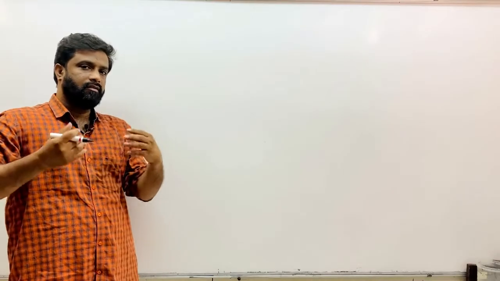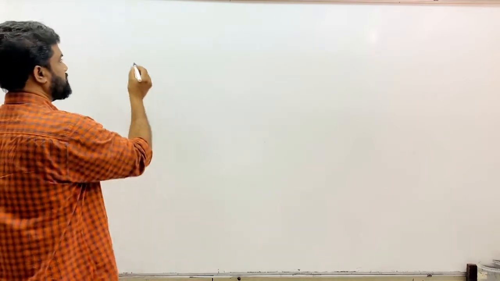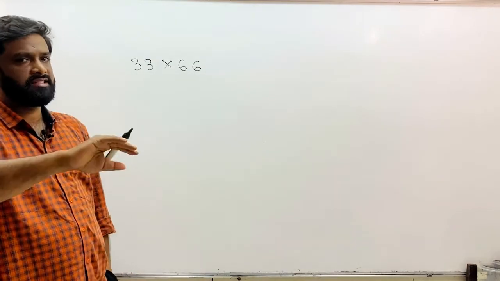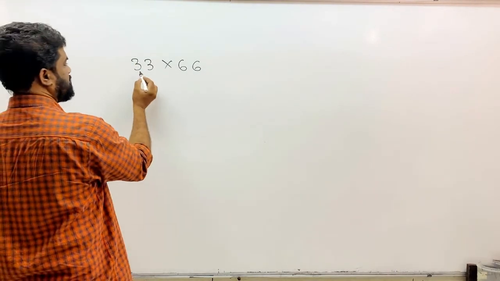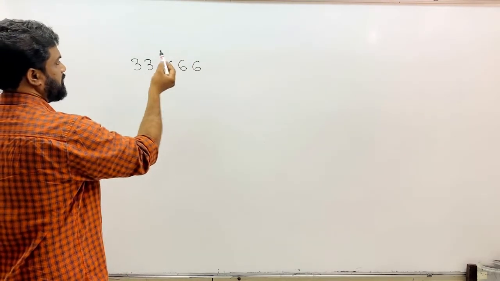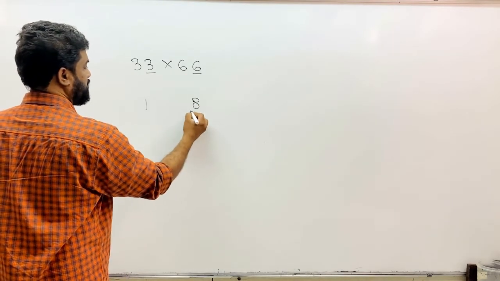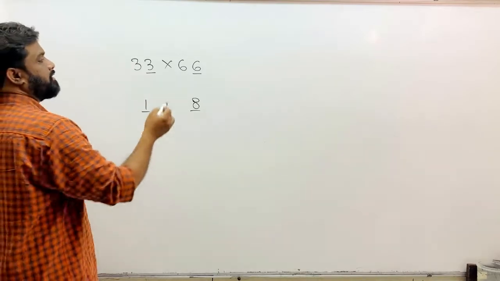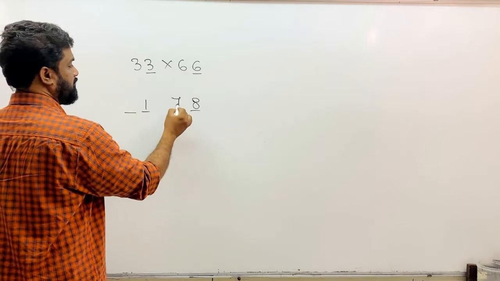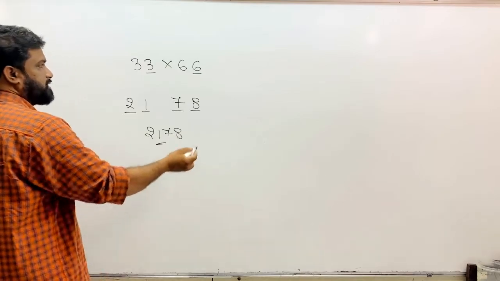Now friends, we will see such cases where on one side we get 3s and on the other side we get 6s. First we will see the equal case and then we will go for the unequal case, right? So here you find 3, on the other side we find 6. So 3 and 6 gives 18, so 1 and 8 as you know very well. The same thing, we will insert 9 here. So 1 digit here and 1 digit here. On this side we write 1 number less, and on this side we write 1 number more. So the answer will be 2178.